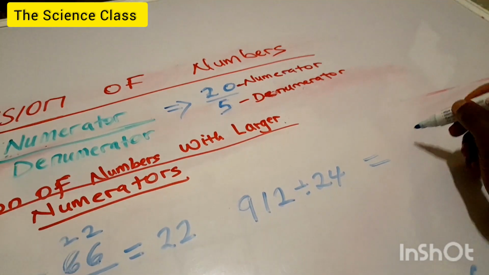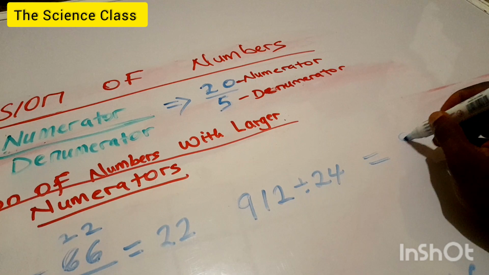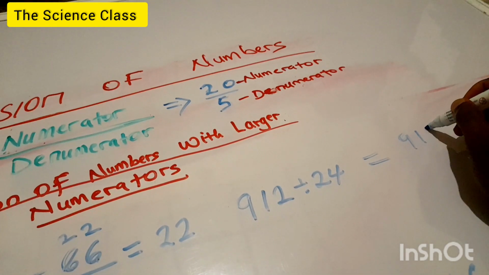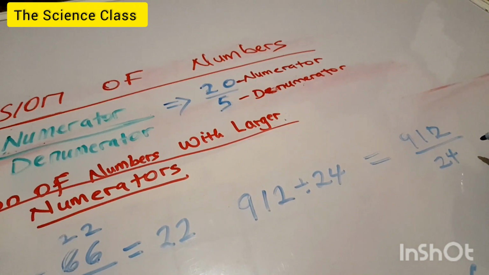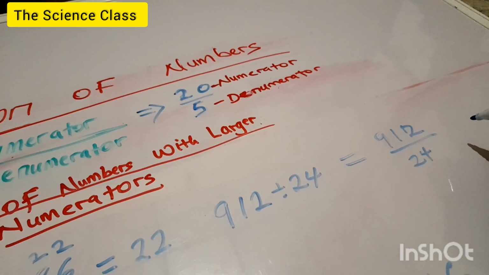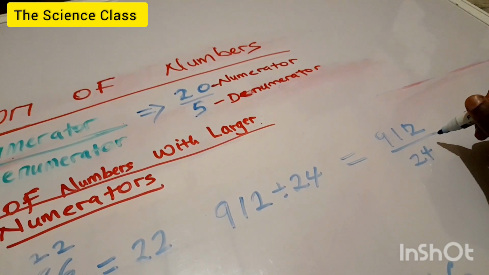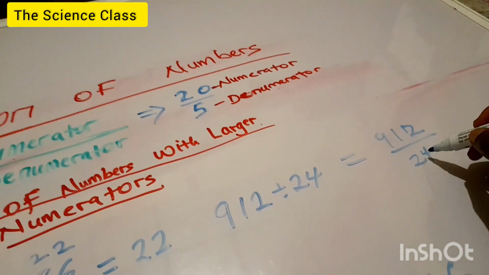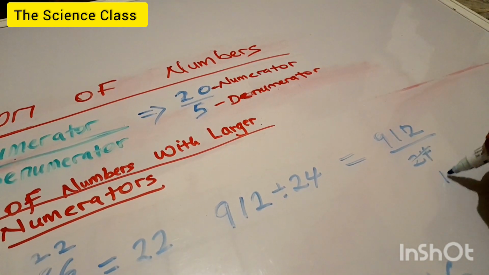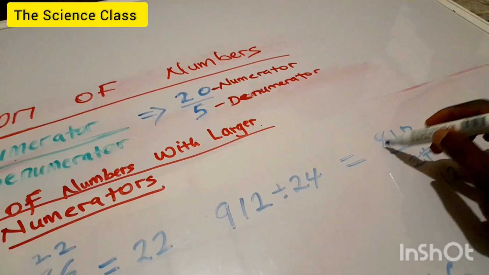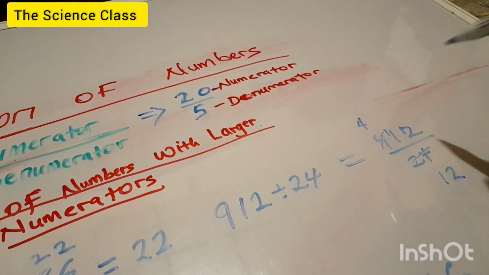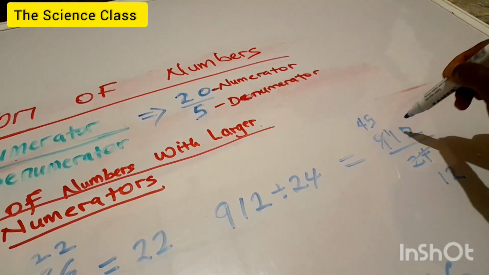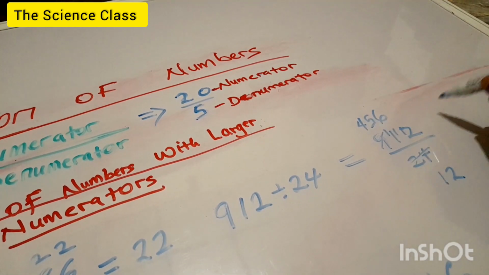912 divided by 24. So here we can just divide it straight up. All right. So we can say 2 in 24 gives us 12. 2 in 9 gives us 4, remainder 1. 2 in 11 gives us 5, remainder 1. 2 in 12 gives us 6. So you have